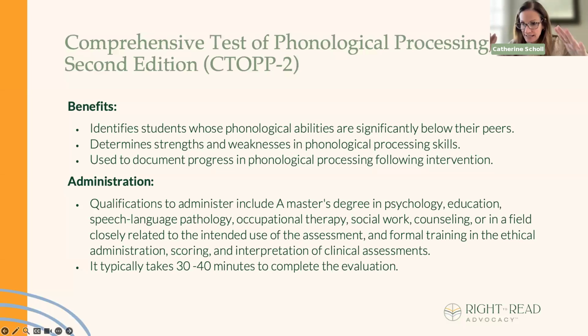So if we suspect dyslexia, and I keep saying dyslexia because that's kind of what we do, if we suspect dyslexia, right, we're going to then do the GORT. Then we're going to do the CTOPP. We're going to look at all of those together in combination with parent report, teacher report, observations. As an evaluator, I go into the classroom, I sit, trying to be unobtrusive, and observe the child in his natural setting. So we take all of these components together to kind of come to a